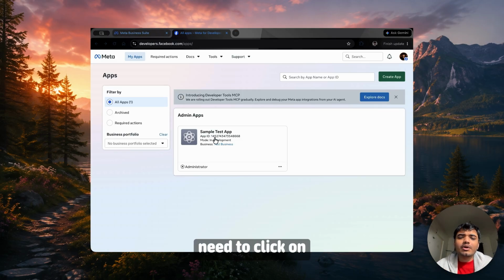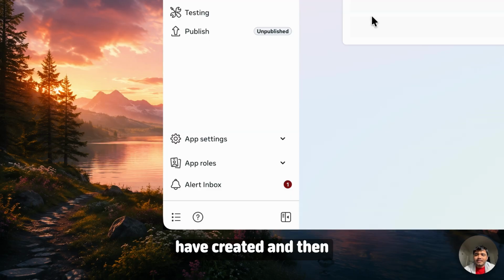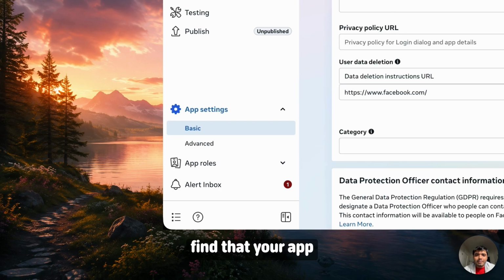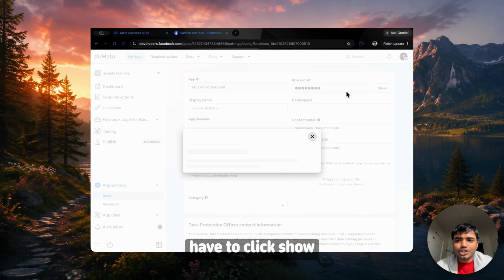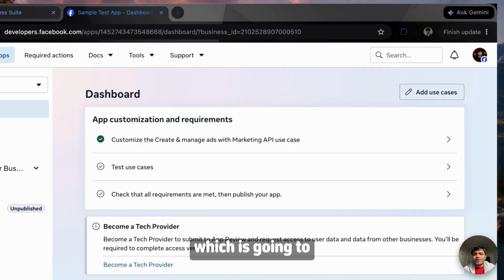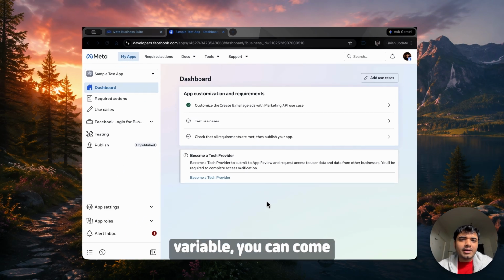And for that, you need to click on the app which you have created and then go to basic settings under app settings, and here you will find that your app ID is displayed again along with the app secret. So now you will have to click show, and it will ask you to enter the password. So after you enter the password, it will give you a key over here which you will copy as your app secret. And after copying that, which is going to be your second environment variable, you can come back and